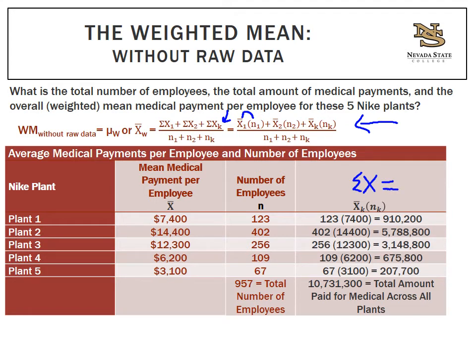So we take the mean of 7,400, multiply it by the 123 employees, and in plant 1, they spent $910,200 on medical payments. You see the same thing for the next plant. You take the mean medical payment per employee, multiply it by the number of employees, and in plant 2, they spent